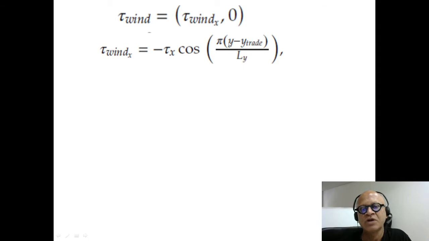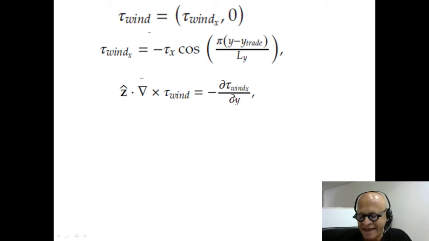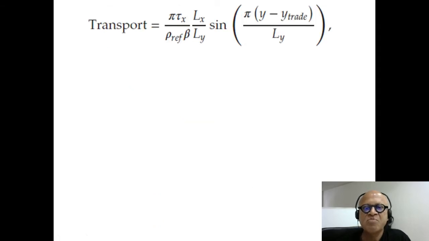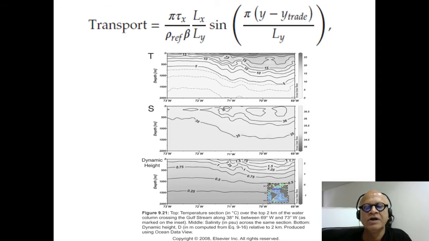So we can write the zonal winds as a function of latitude, cosine here, with a mean magnitude of the winds tau x. So that's the latitudinal variation. The curl of the wind stress in this case, because meridional winds are 0, is just minus d tau x dy. And our interior transport is still the integration from the east to west of v dx with our wind stress curl. And we can plug in realistic numbers for the Pacific, and get the Kuroshio